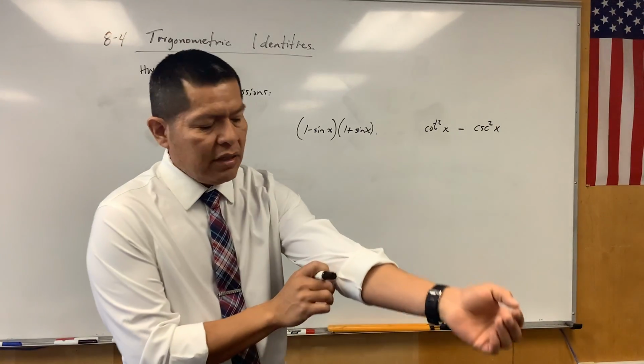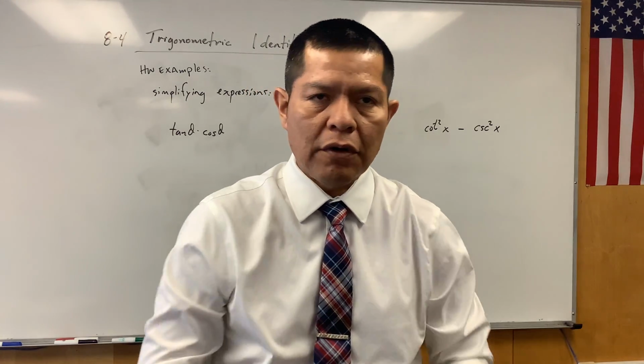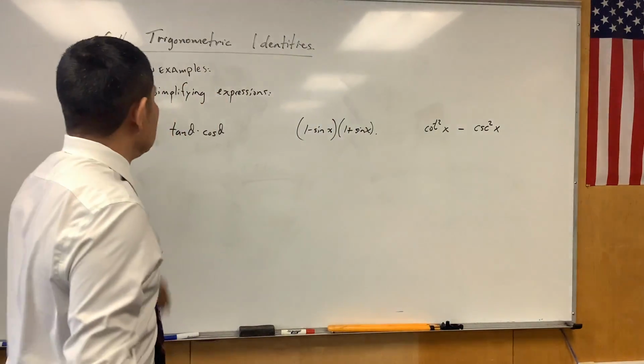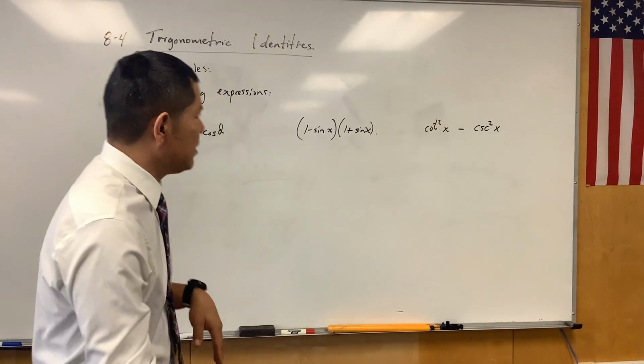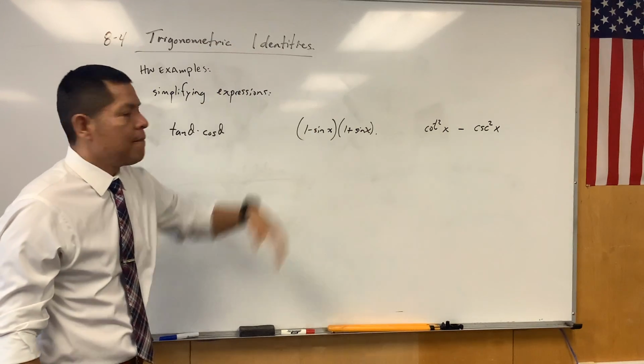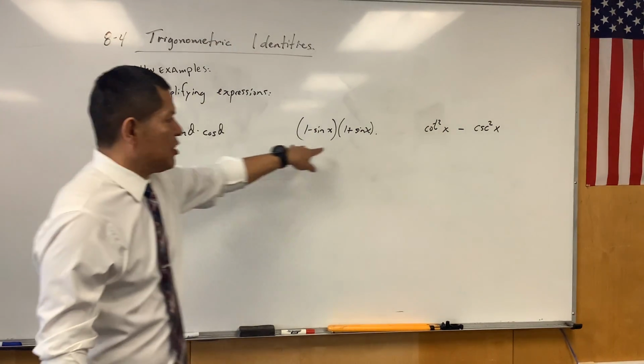Okay, so this is the first set of homework examples that we're going to have for 8-4, and simplifying expressions is what we're going to be doing. Trigonometric expressions using our trigonometric identities. Okay, so all that says is take each one of these